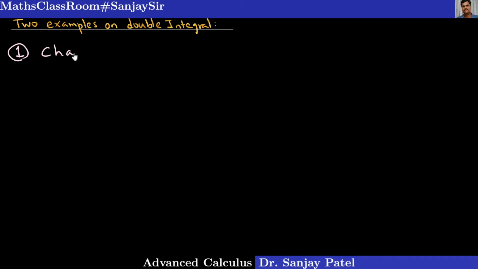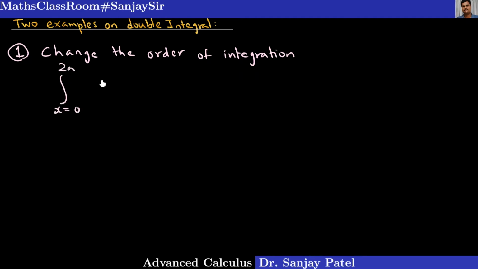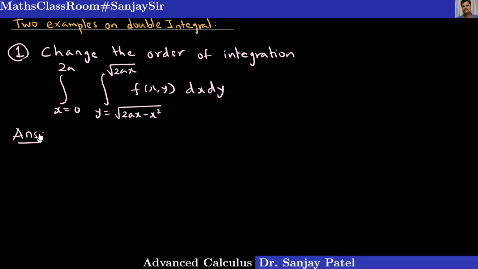Change the order of integration for this: x is equal to 0 to 2a, y is equal to square root of 2ax minus x square to square root of 2ax, f of x comma y dx dy. So first of all, note that the limits of integration here are